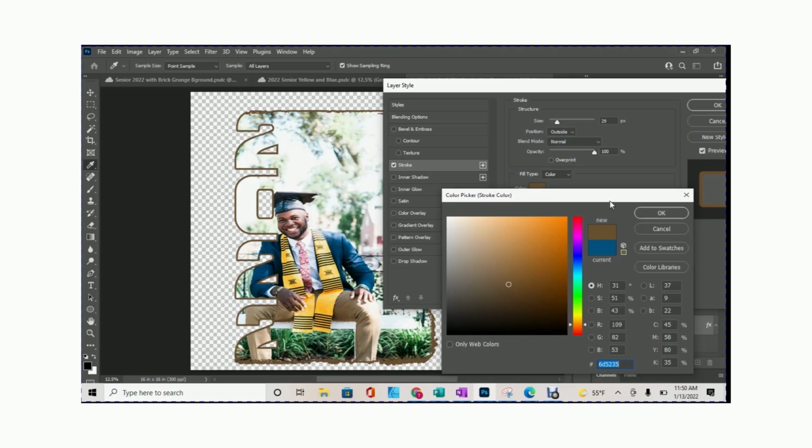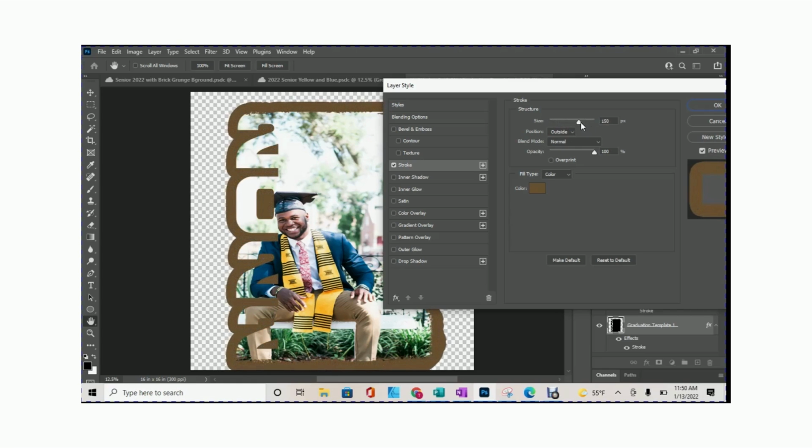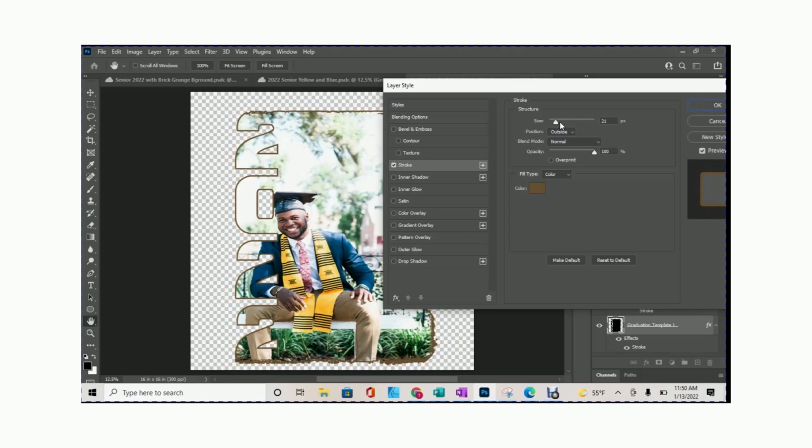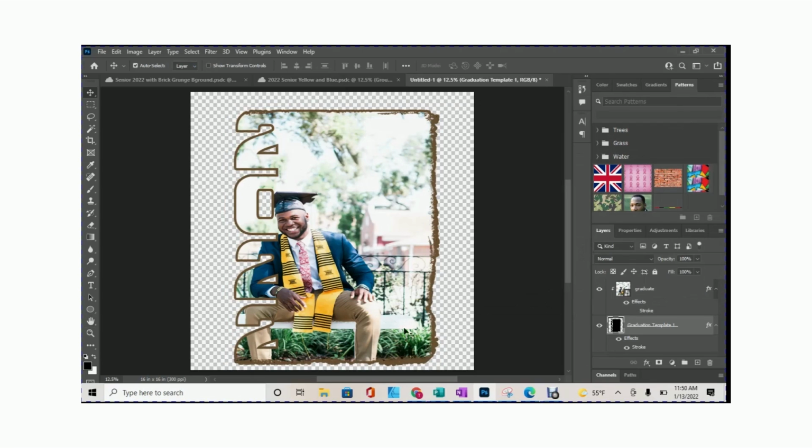You can do that. You're going to click OK. You also can go in and change the size of your stroke. So by taking your mouse and dragging it left or right, depending on how thick you want that stroke to be or how thin you want it to be, it's totally up to you. And then to save it, you're just going to click OK. And that is how you create a clipping mask.